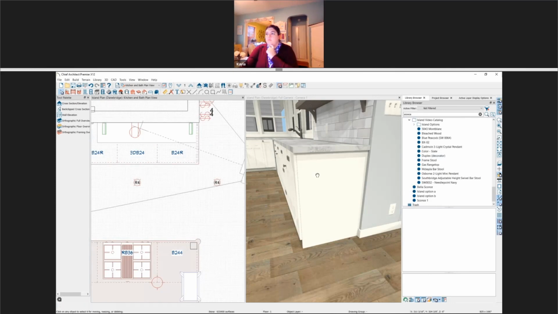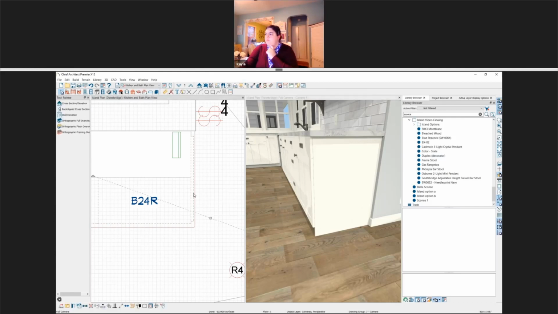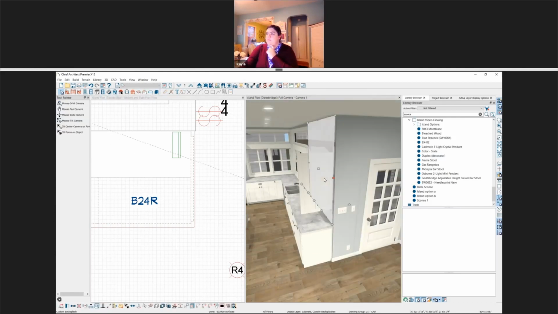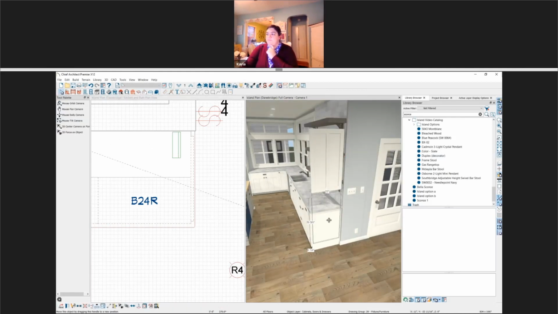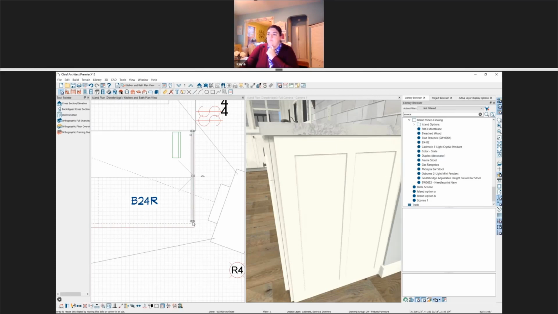It looks like Kayla is maybe positioning a door or drawer separately. So there's a couple ways you could do that. And I believe your request of requesting that integrated side panel we have, but we don't do it automatically. So you're going to need to do it in some sort of a separate method, like Kayla's doing right now with positioning that. So that relates to my second question, Scott.